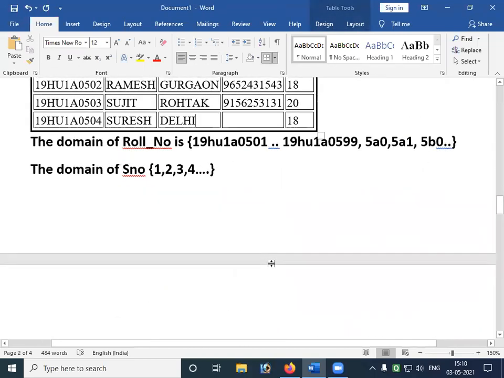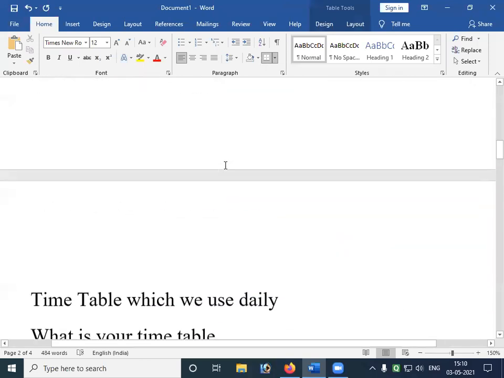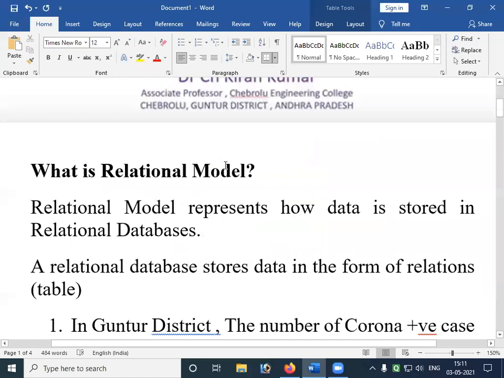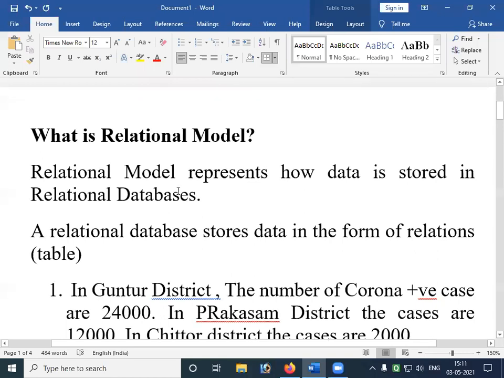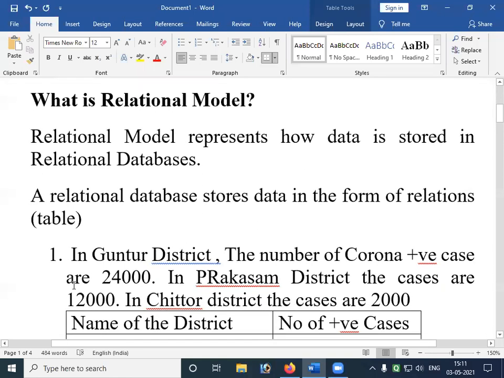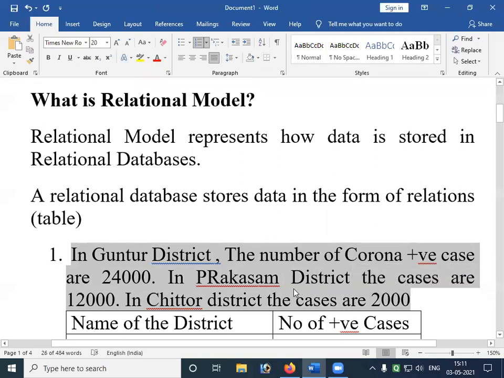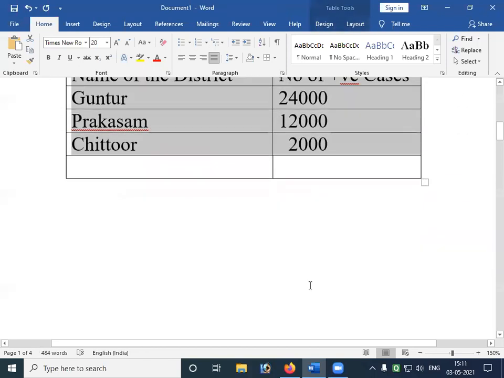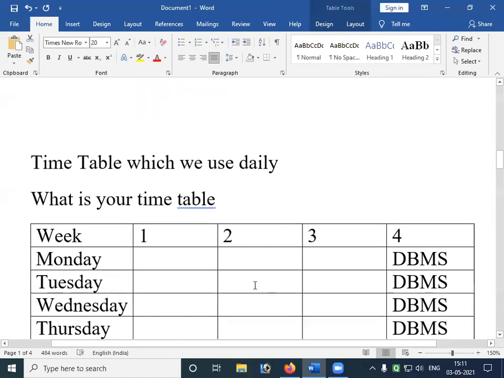So today we have talked about this, and we haven't moved even 0.5%, five steps in this. What do you mean by relational model? See, a story model has been converted into a relational model, and a relational model means table view.